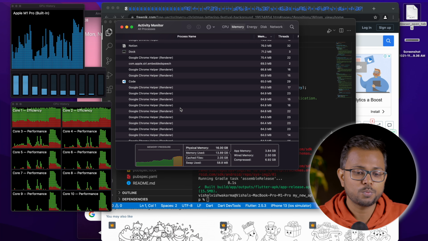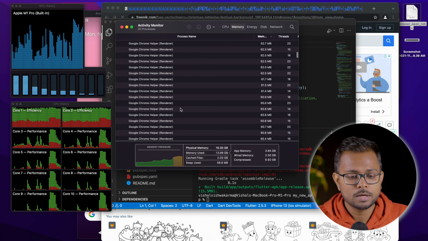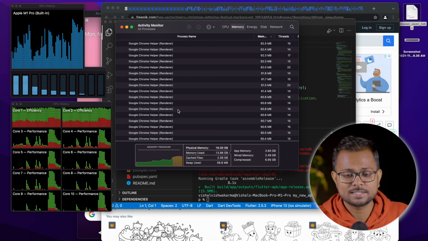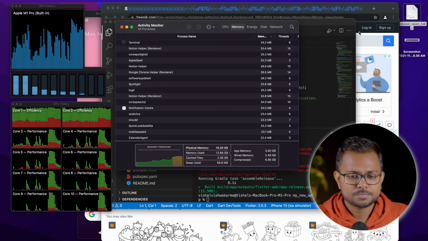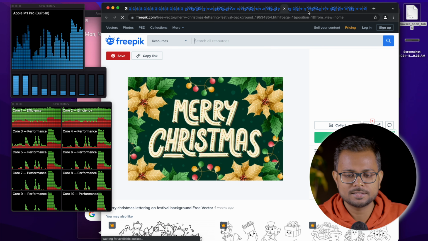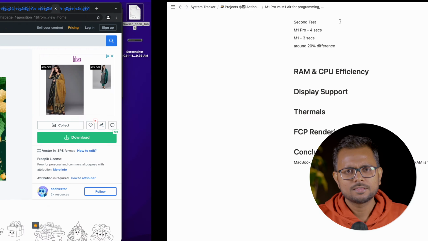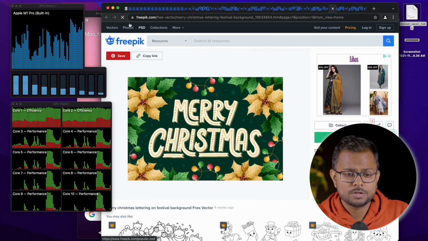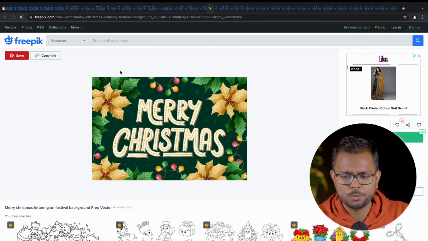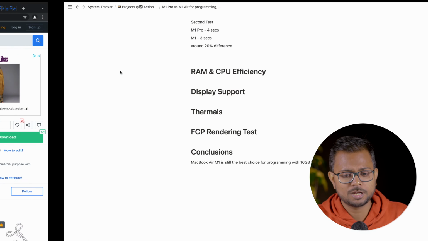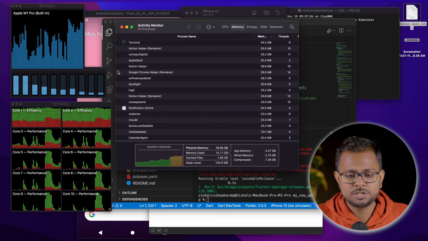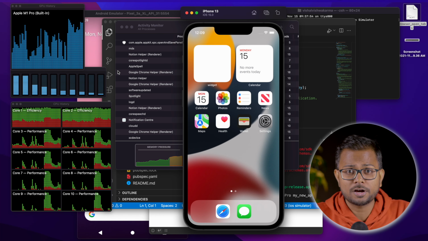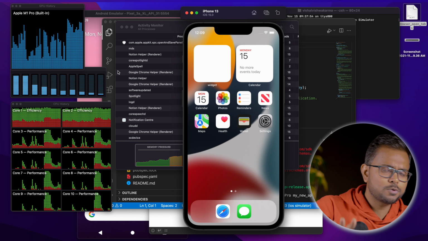In the memory consumption, we can see that there are a lot of tasks for Google Chrome Helper Renderer that is trying to take up some space for rendering the pages. Some pages are still loading, we can see that. And by the way, the laptop is still snappy and good. This is still functional, no lags, no issues. We are able to easily swipe up and change to any tab, and everything is still functional. So this is going really great.